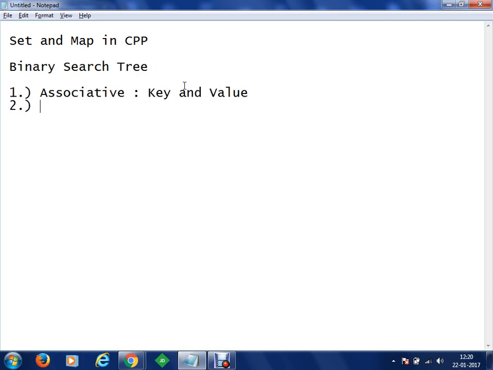And the second is, the keys will be unique. Third is, it is allocation aware, so you can add as many nodes as you want. Okay. Now, what's the only difference between set and map? The only difference is at the key part. In set, you will have the same key for a value. The value is its own key, but in map, you can have a different key.